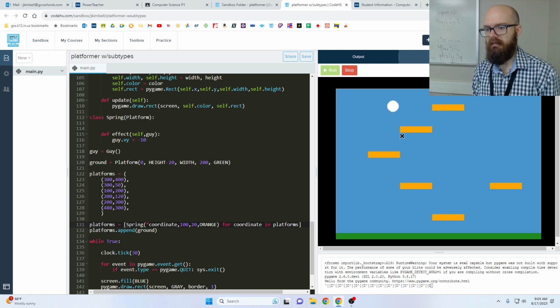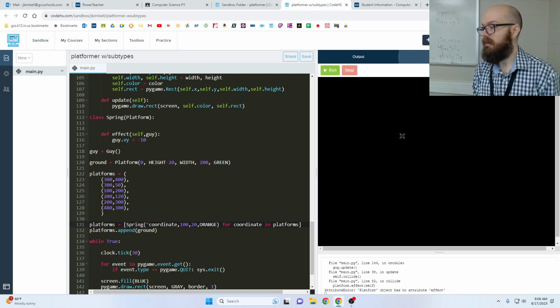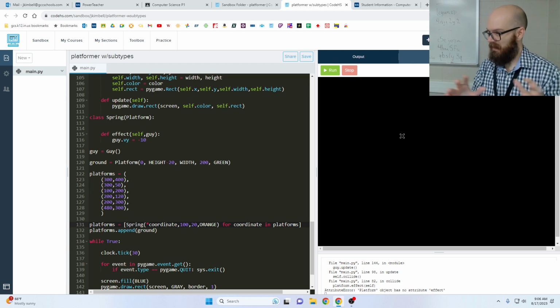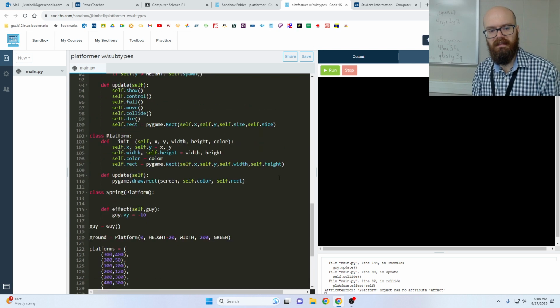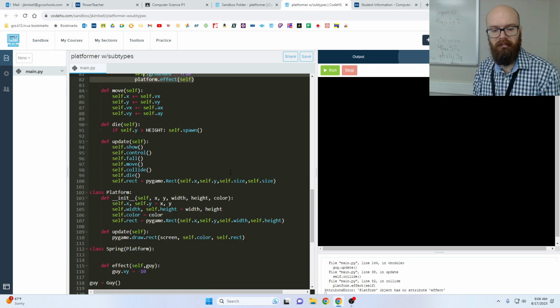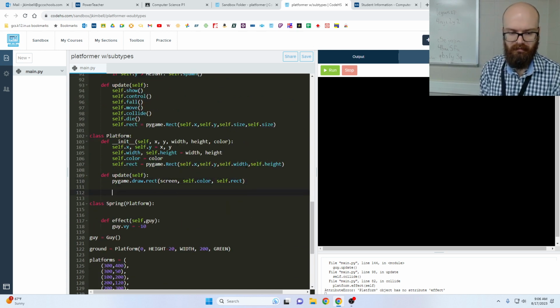and I can say, okay, now we're bouncing on here and on here and on here, and then we fall, and guess what? The platform has no effect. So the ground is a platform, but when it says, hey, I need to do the effect whenever I land on something, the ground says I don't have an effect. So we need to make one